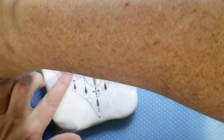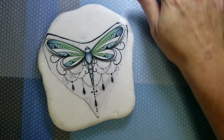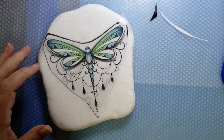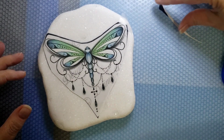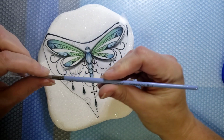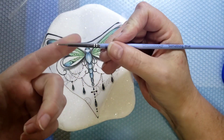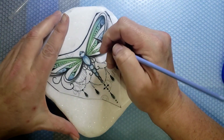And then I use a dotting stylus to transfer my image. I use one with a small tip on it, the smallest one that I have. This is a T90 dotting tool by Winstonia, and it comes with the set of brushes. It's a little bitty one. Anyways, I like to use this one,